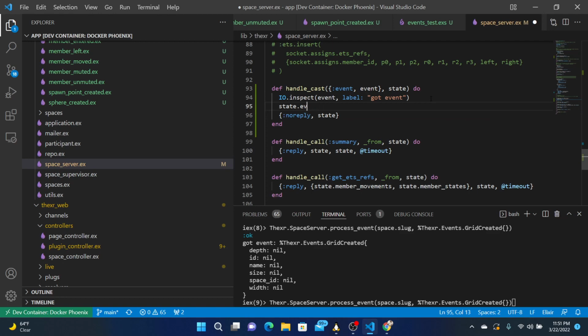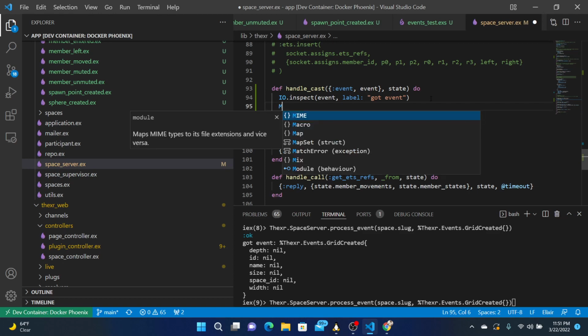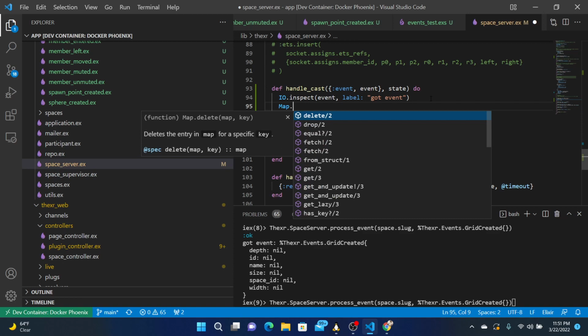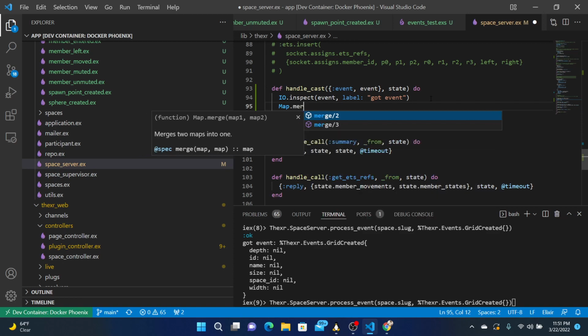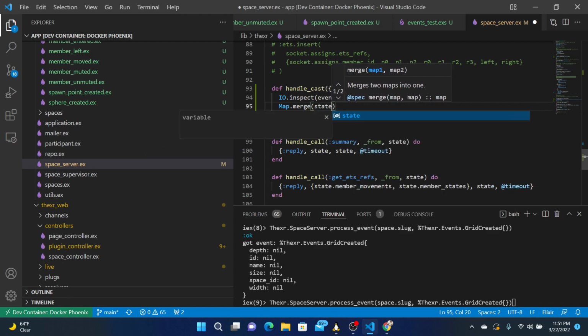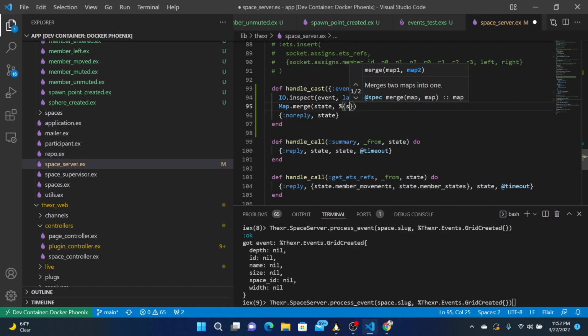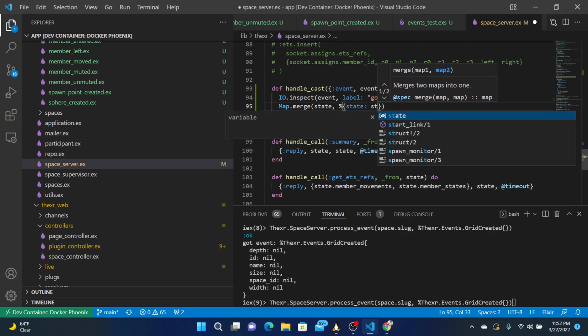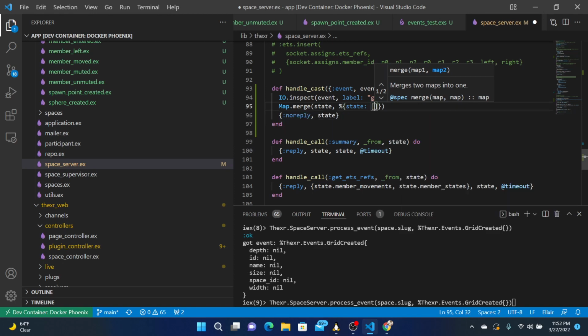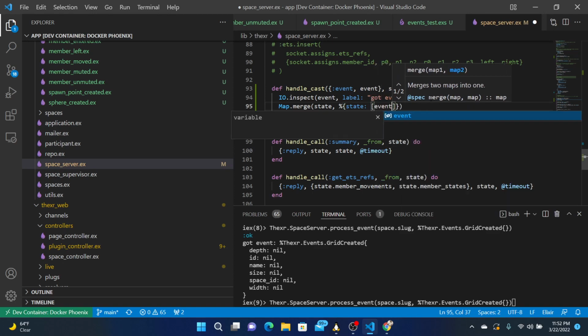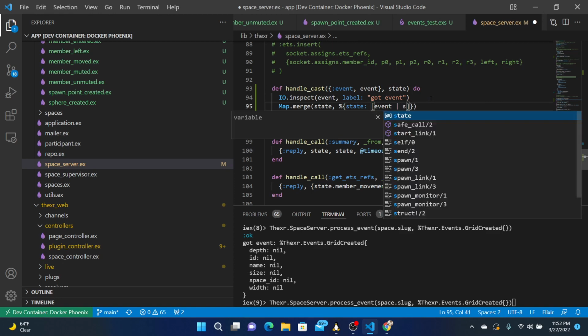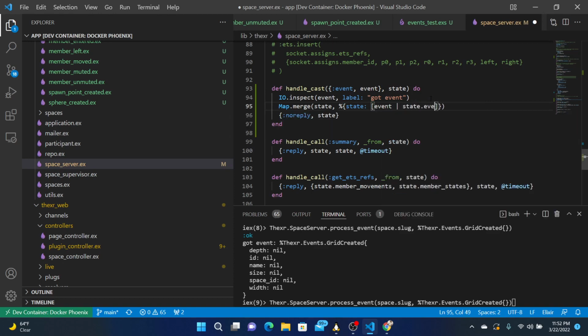Well, we can't mutate it like that. We've got to do map dot merge. Take the old state, and the new state will be something with a state and the event and state events.